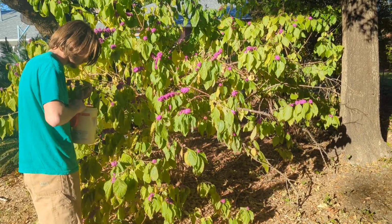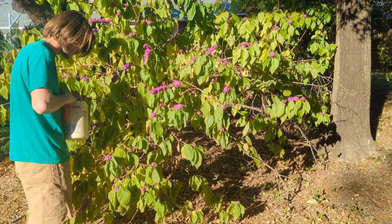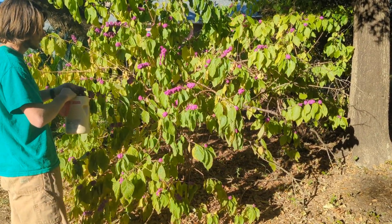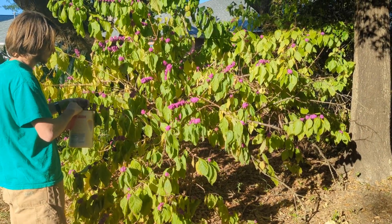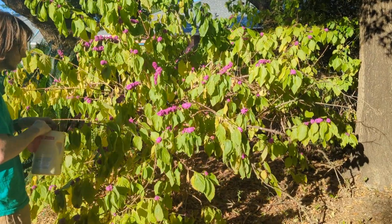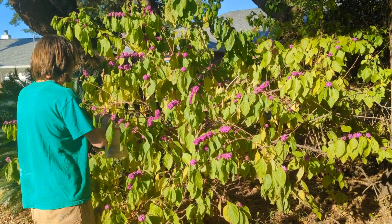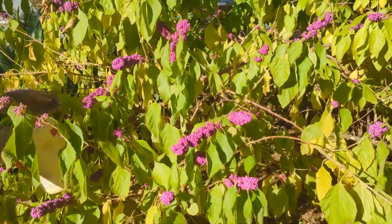Now, American Beautyberry looks just like a green shrub most of the time until late July, August, September, and into October. It starts blooming and making these berries and these berry clusters. These berries, they're pleasant. They're not unpleasant to taste. They're not poisonous, although you should try them with caution, because some people report